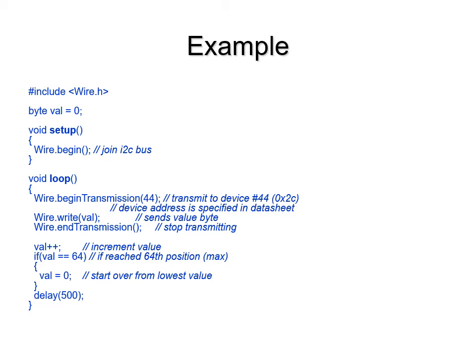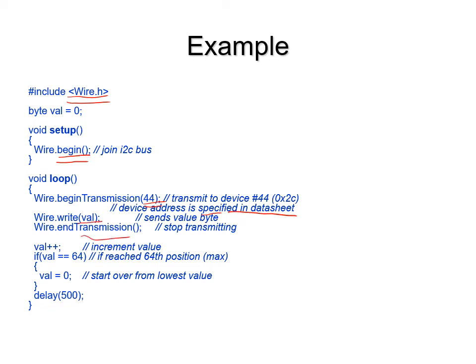Now here we have the example. You can see the function will call the Wire library, and in the setup function, you make the Arduino join the I2C bus, and then you begin the transmission by waiting for 44, so that it is the device address. Okay, and you can check with the datasheet. It will show you which address the device is using when it is connecting to the Arduino, and then you can write a value